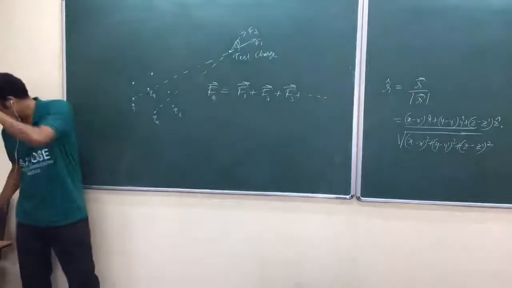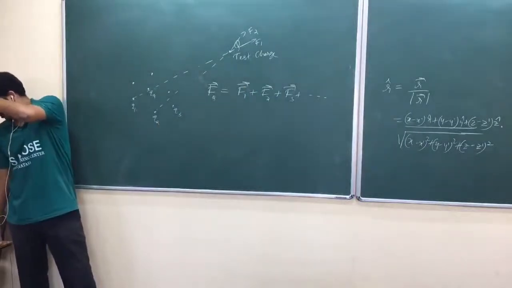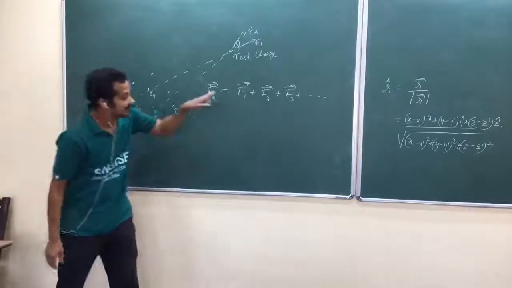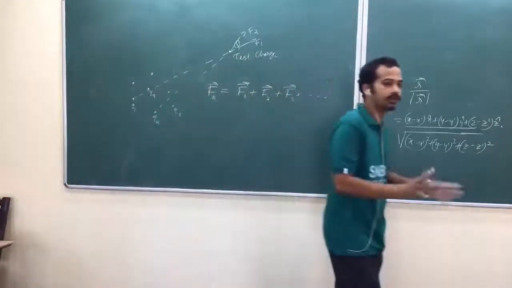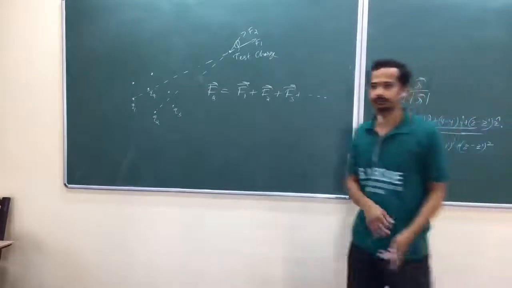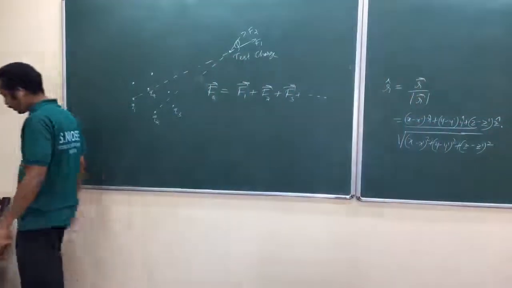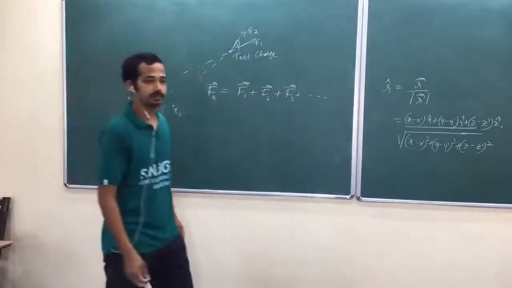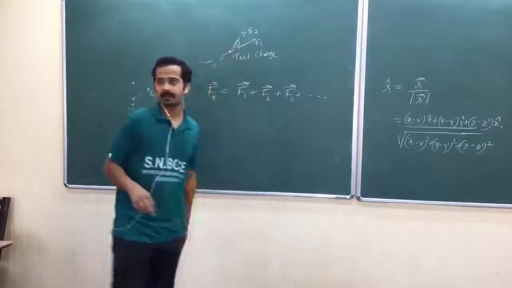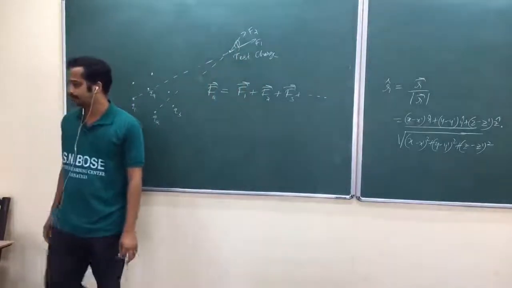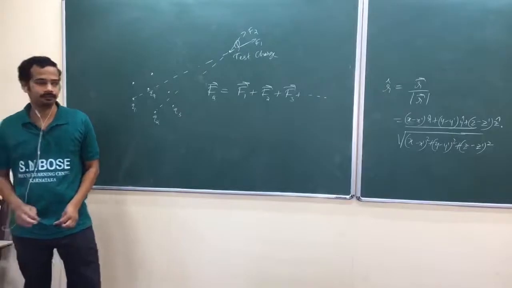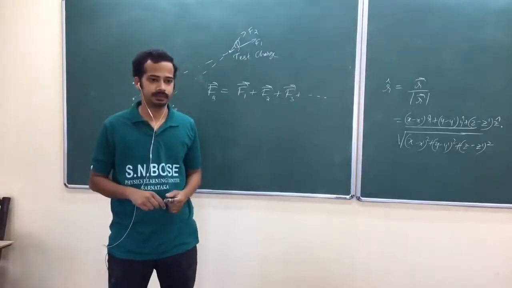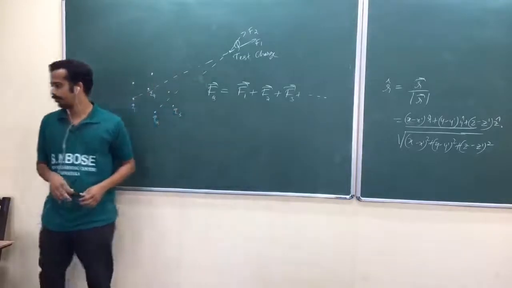So, can you just write this sentence? Interaction between any two charges is completely unaffected by the presence of other. That leads to this one actually. That leads to the resultant force being the vector addition of individual forces. Interaction between any two charges is completely unaffected. It's completely unaffected by the presence of other.